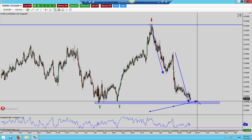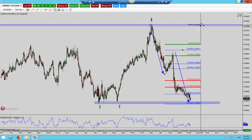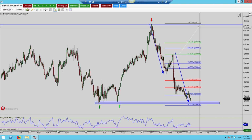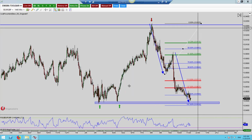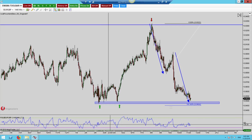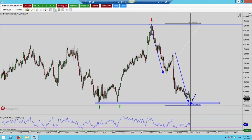So at this point, you can look for many things. For me personally, I'm going to be looking for either a double bottom or a head and shoulders. There is no real fib confluence, which is a shame. The only thing is there is a potential 1618, which I would love to be tested. So let me clear up this fib a little bit, leave the 1618 on, and we may get something like a long test candle which holds,